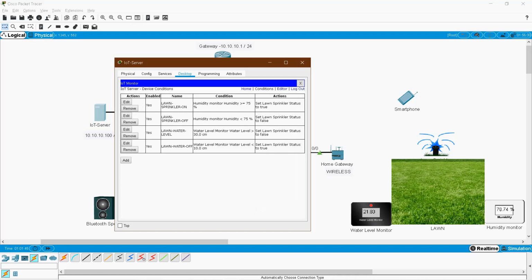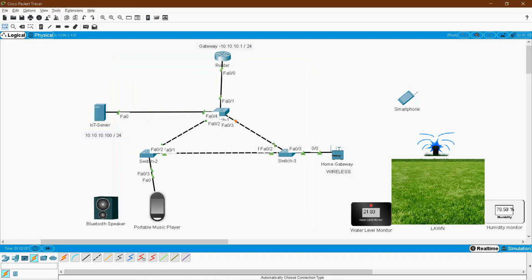When the water level is less than 10, means there is no water, then lawn sprinkler will become true, it will sprinkle the water. Same like when the humidity is greater than 75, means more humidity outside, so I want the lawn sprinkler to true. True means sprinkle the water, otherwise false. Here also otherwise false. Like this you can make the automation.